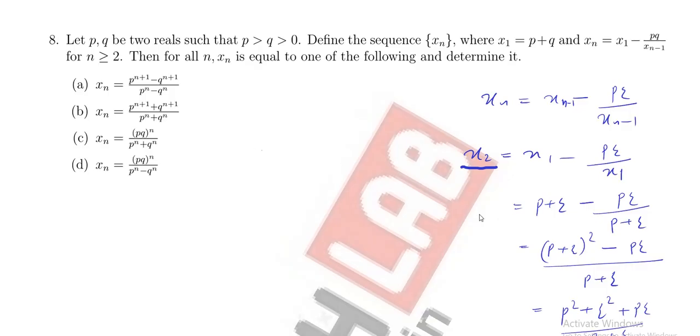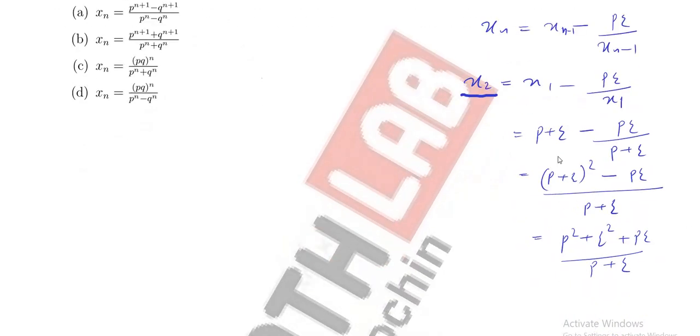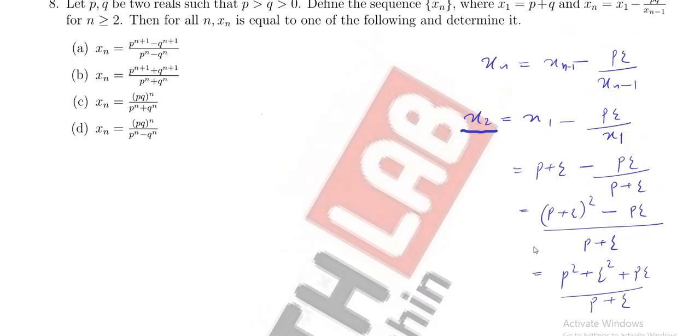So x_2 is equal to x_1 minus pq by x_1, and x_1 is given as p plus q. You take the LCM and simplify, and you'll get (p squared plus q squared plus pq) by (p plus q). Okay, so when n is equal to 2, what happens for